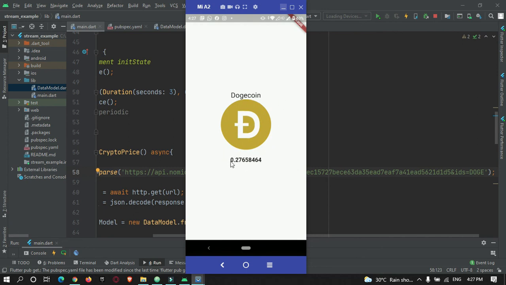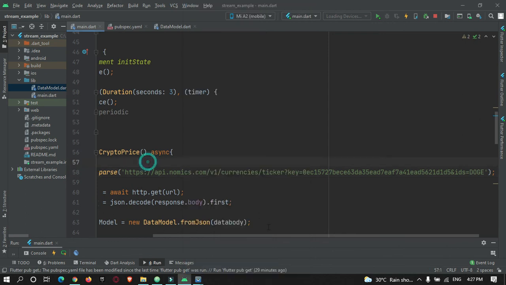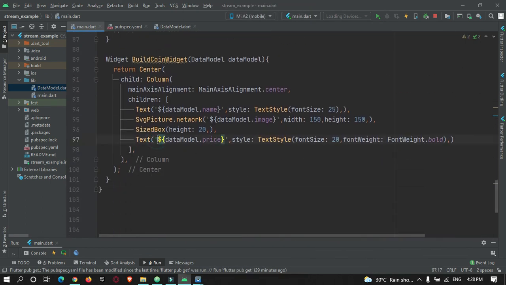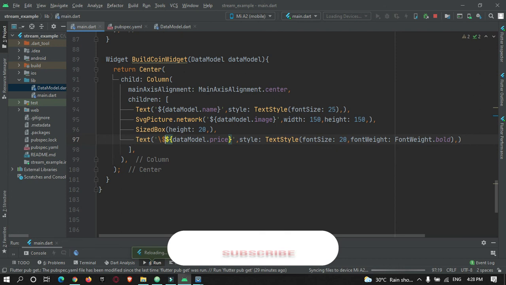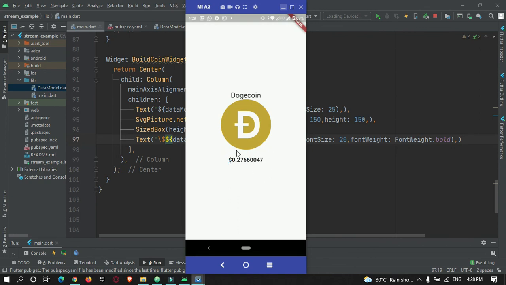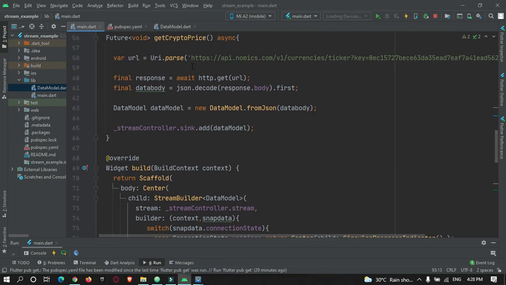So let me add a dollar symbol over here. So for that, here \$, hot refresh, and the dollar symbol is there, and the currency is getting updated every 3 seconds, as we are calling the API every 3 seconds.